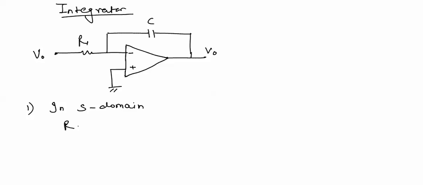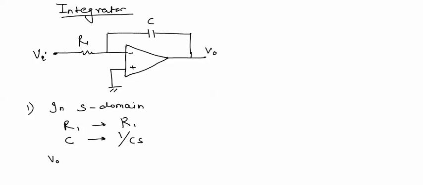So the conversion of R1 in S domain will be itself R1. Conversion of C in S domain will be equal to 1 by CS. So we can see that this circuit is an inverting amplifier whose output can be directly written as,